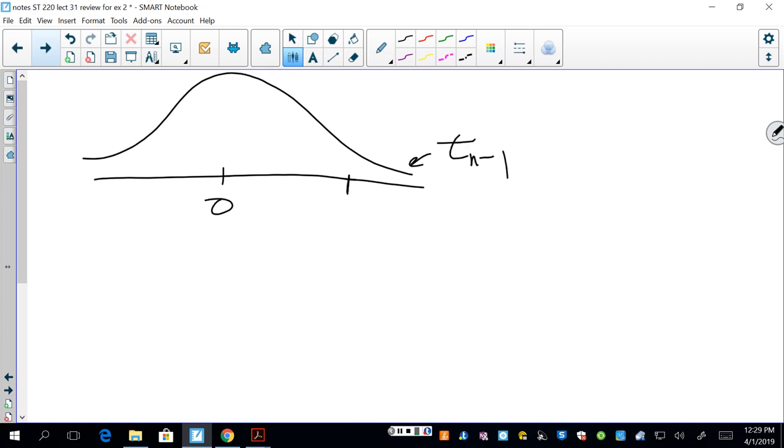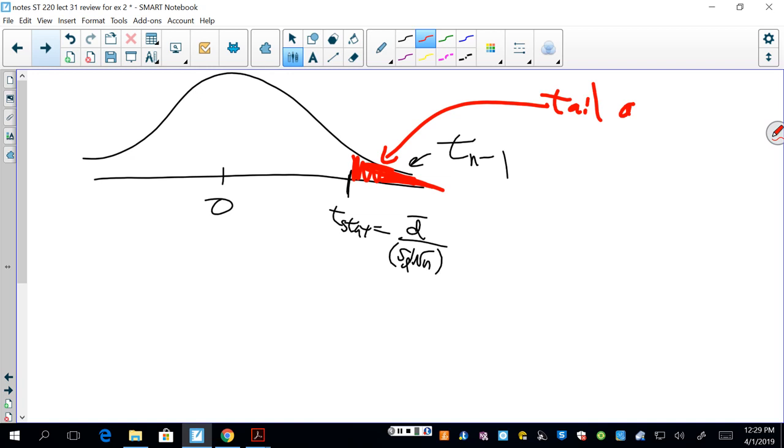And if you get a t statistic value, so this could be our d bar divided by s over the square root of n, out here the probability beyond that t value is a tail area. And that could be the p-value if we were just doing a one-sided hypothesis, but if we're doing two-sided,